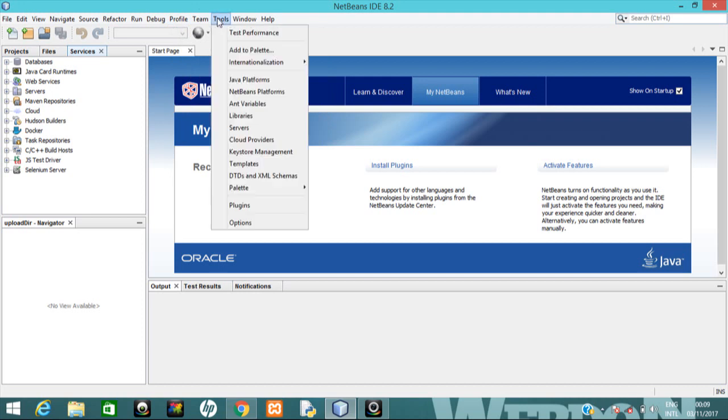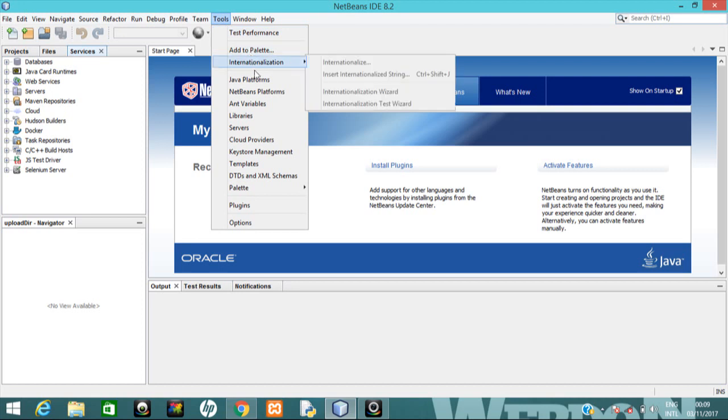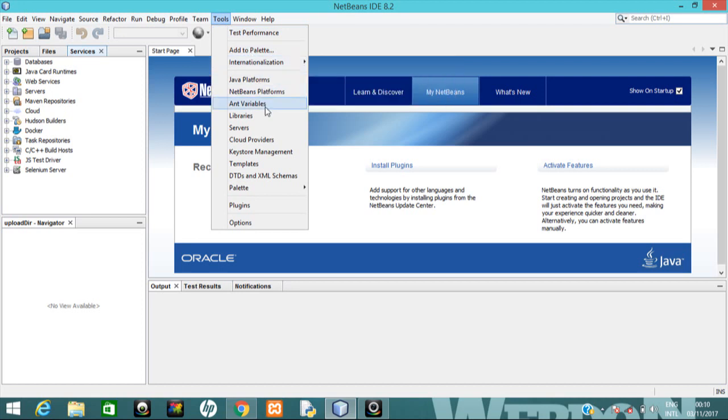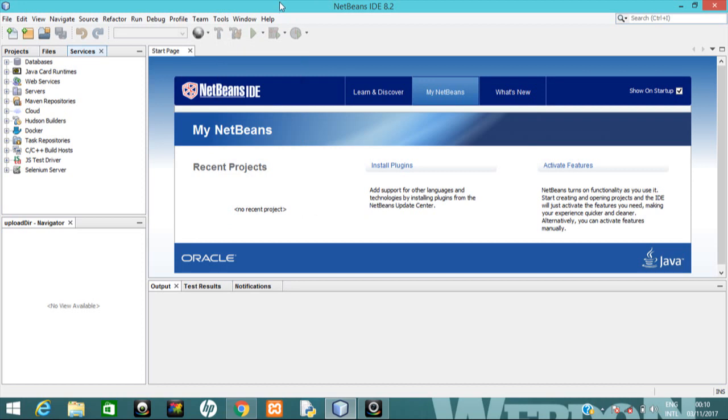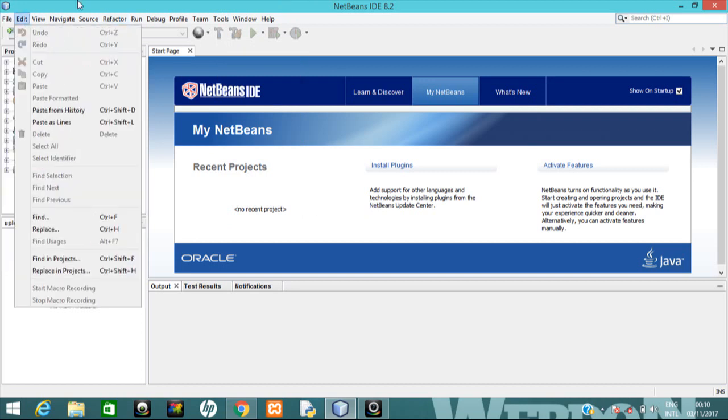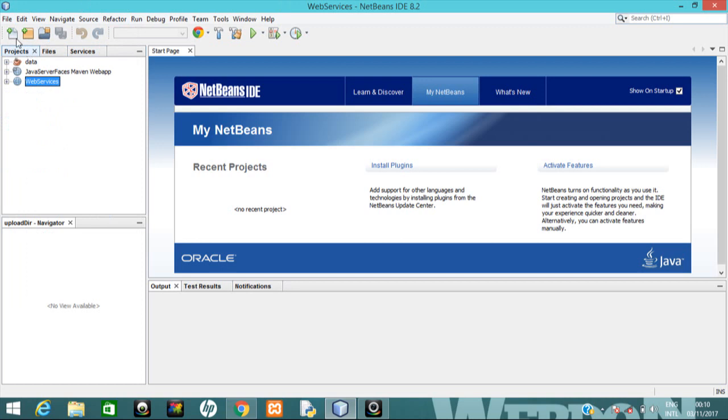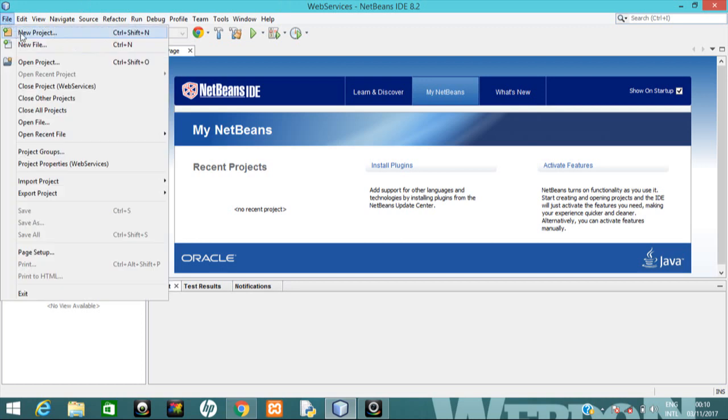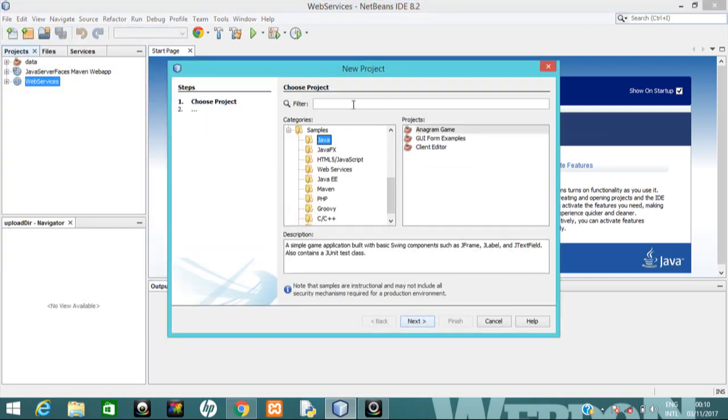Well, before then, let's look at the tools. On the tools we have test, performance, Java platform, NetBeans, variables, and some plugins here. Basically, the more you use all of this, the more you use the IDE, the more conversant you become. So let's create a new project. We'll be moving into the project tab. Let's create a new project, and we'll call it